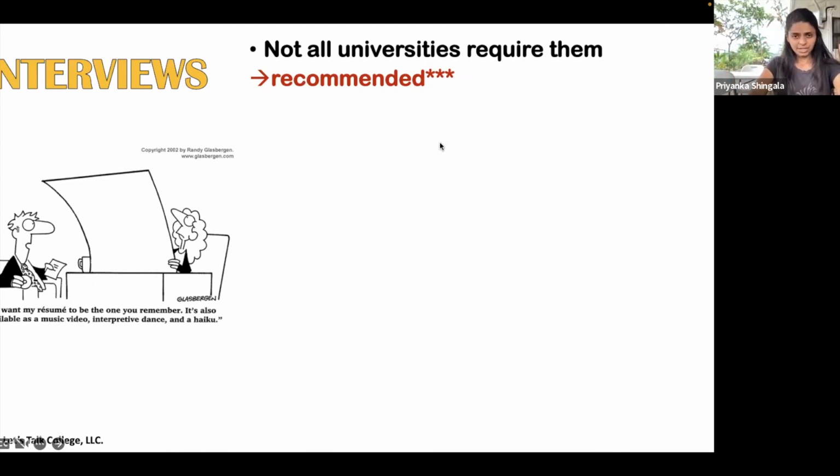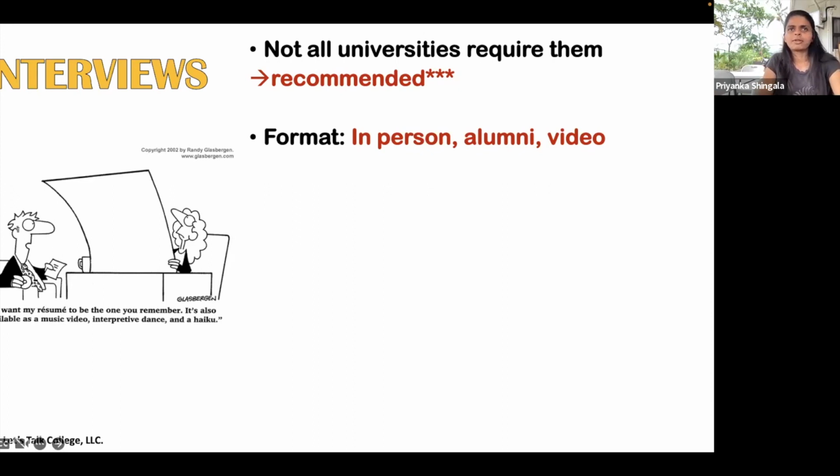A lot of universities tend to have this whole optional thing. Which means most students are like, no, I don't have to do it. That's one less thing I have to do. I'm not going to do it. Do it. Okay, do it. So far, your entire application has been paper, paper, paper, paper, paper. Your personality is showing on paper, depending on your writing skills. So if possible, add a personality to it.